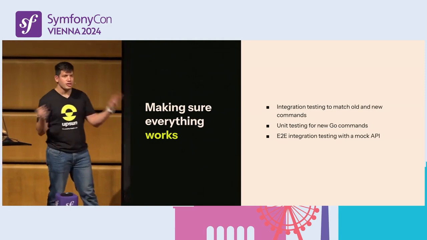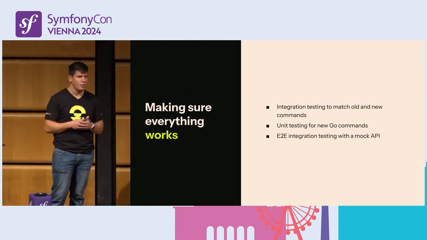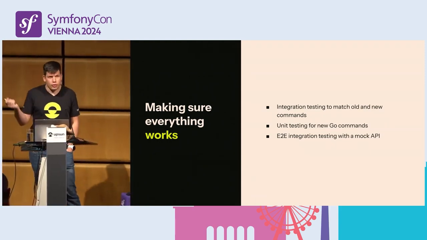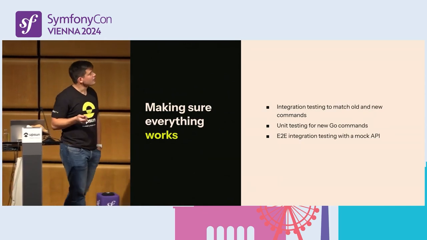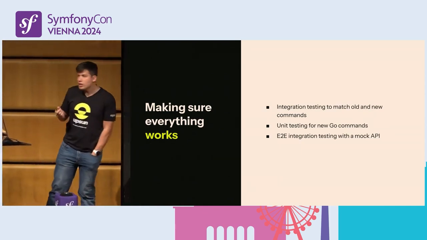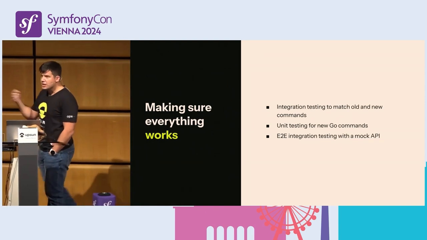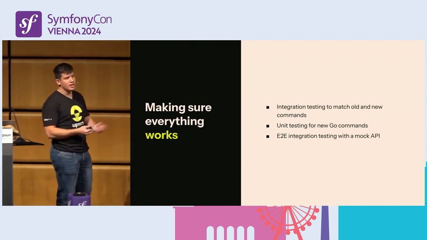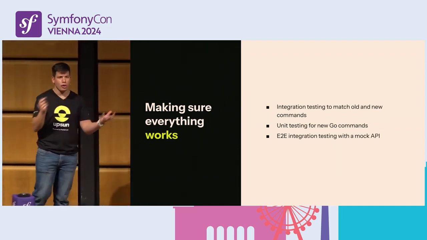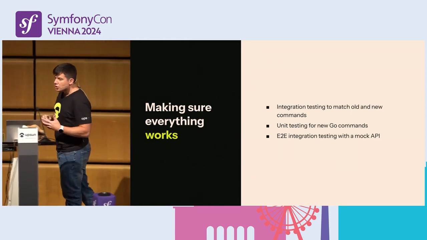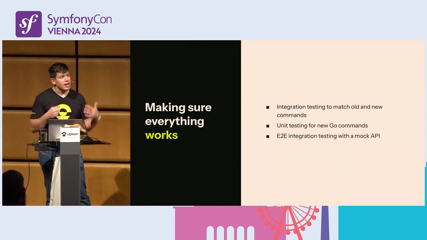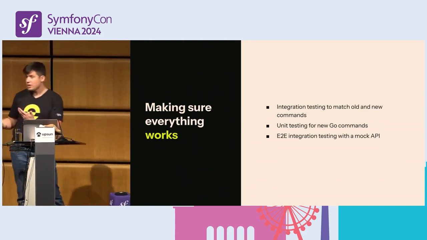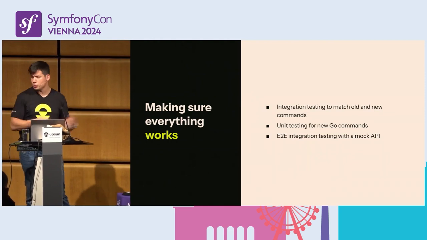We don't want to break your CI systems overnight because we did a small upgrade and then things are not nice for you. We do unit testing, of course, for the Go commands, but I suppose that this is something that all of us do. And we also started doing mock API tests in the end-to-end testing, because with Go that's even easier: we just spin up a mock server and do all the end-to-end tests in there. So Go has produced a lot of other side effects that are very valuable for us. And maybe there are even things that we did not think about that we could use moving forward.